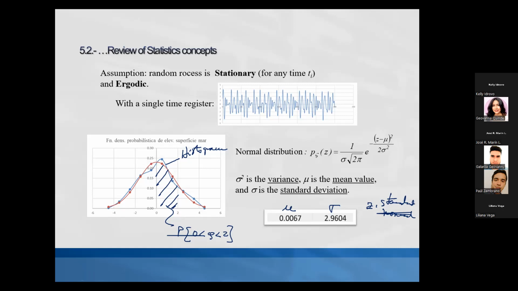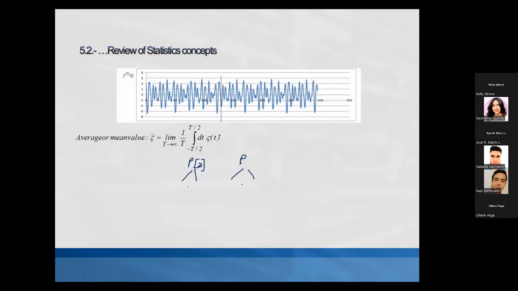In this case, this value is a big one. That means that you had a lot of spread. You see that you have a lot of variation from the mean value. Okay, what else? We start reviewing some